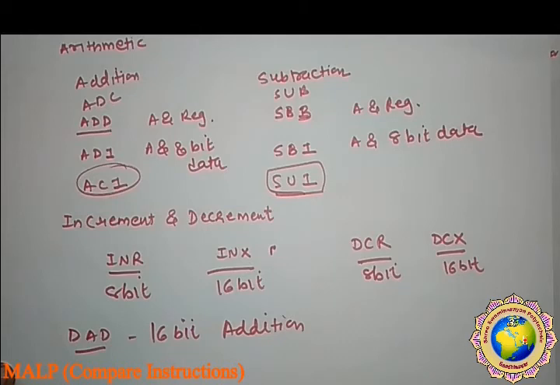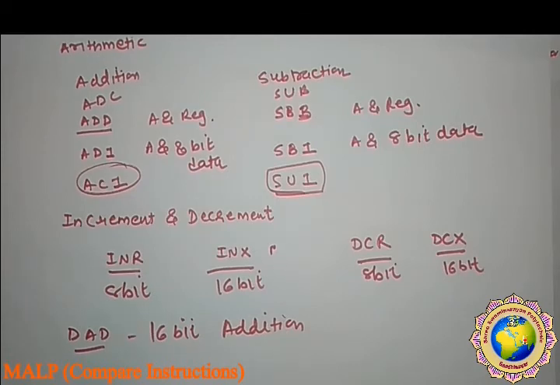Okay, also you have studied the data transfer instructions, that is MOV, MVI, then LXI, LDA, STA, LHLD, SHLD, LDAX, STAX, and the exchange. Okay, you have also studied the different types of addressing modes. What is the addressing mode? Addressing mode is the various ways to specify the operands of instructions.